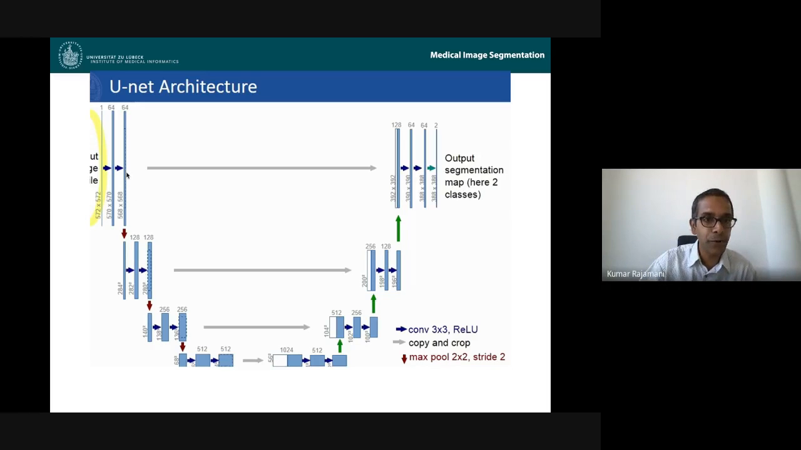So from 500 it becomes 560, it becomes 284, and then we do another convolution, but this time we increase the number of feature channels. So now it is 128. And then we do the double convolution, so it's another convolution with 128. Again, we do a downsampling, so the 280 becomes 140, and then we increase the feature channel, so it